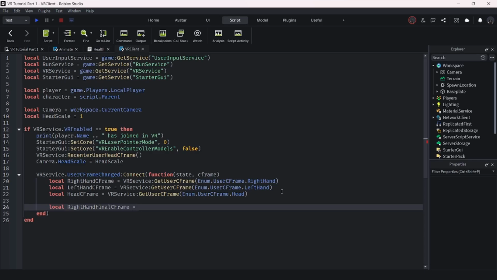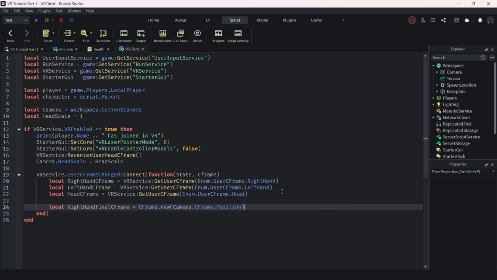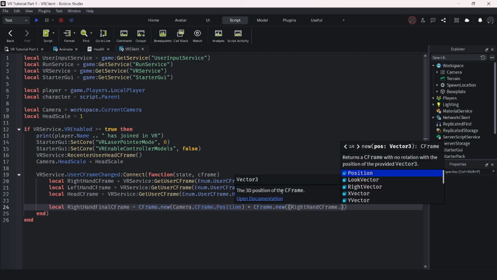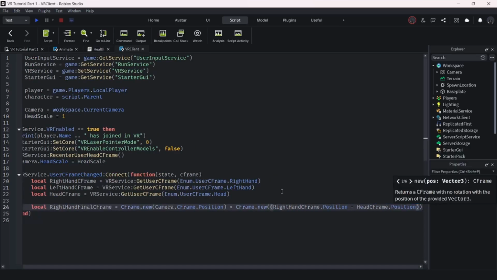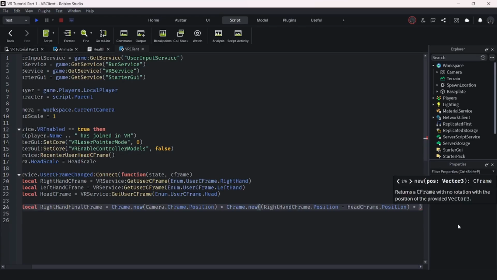and this is equal to CFrame.new camera.CFrame.Position times CFrame.new(rightHandCFrame.Position minus headCFrame.Position times head scale)